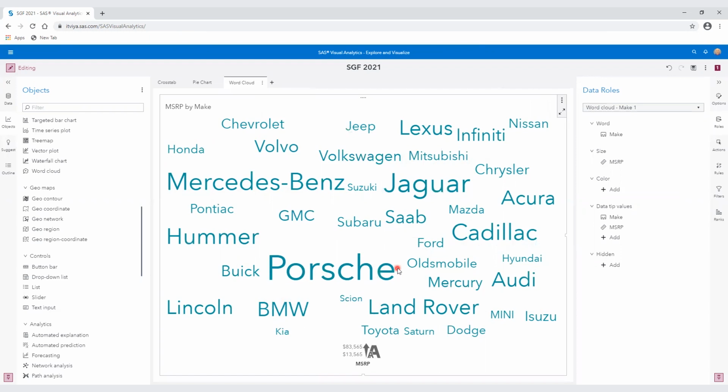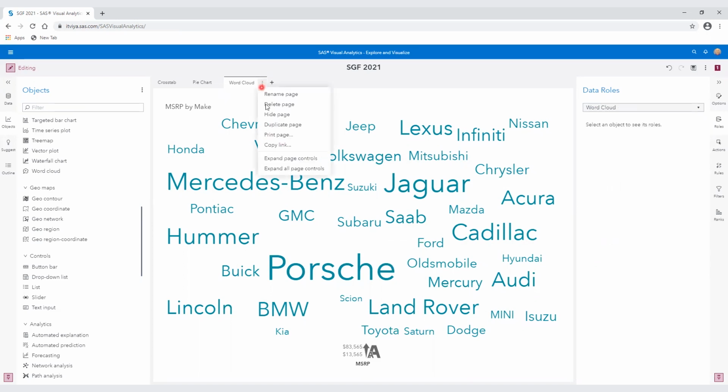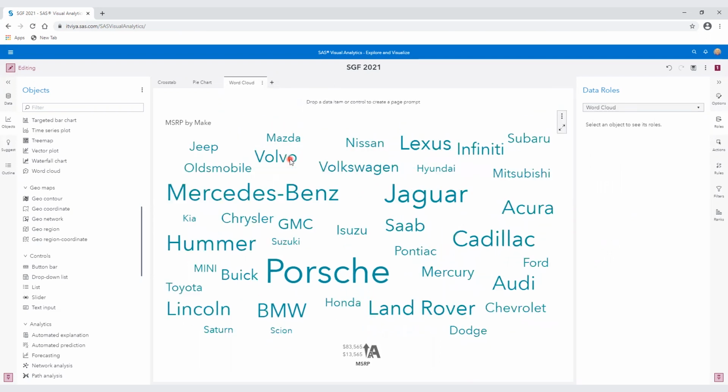Let's create an ability to filter this data by MSRP. So again, I'm going to go to the triple dots here on the word cloud tab. And again, I'm going to say expand page controls. And this time I want a slider.